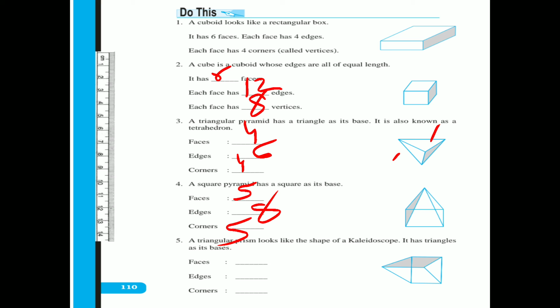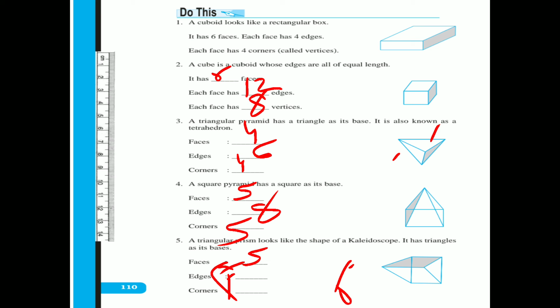Clear? Then a triangular prism looks like the shape of a kaleidoscope because its base is a triangle. Clear? So if I count, there are 2 triangles, and 2 rectangular shapes are there. So it becomes 1, 2 and 1 back side. So total faces are 5. How many edges are there? 9. Then how many corners are there? 6. Clear? Now, I hope you understand this thing, how we have written the faces, edges and corners of 3-dimensional